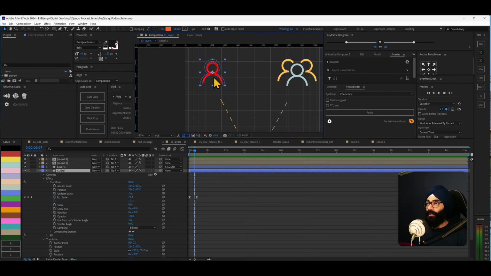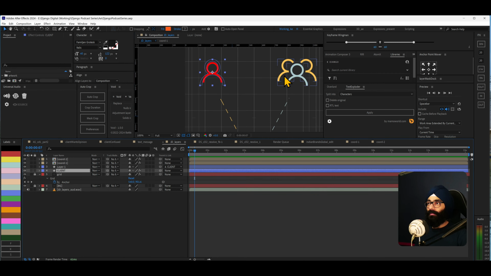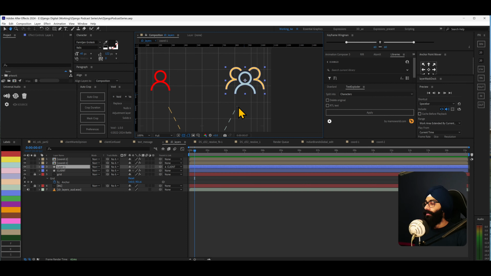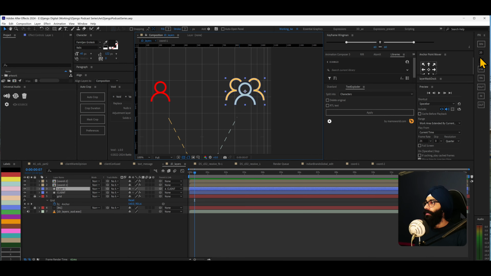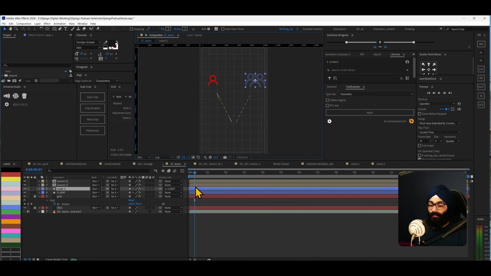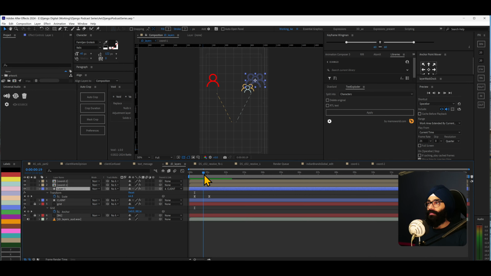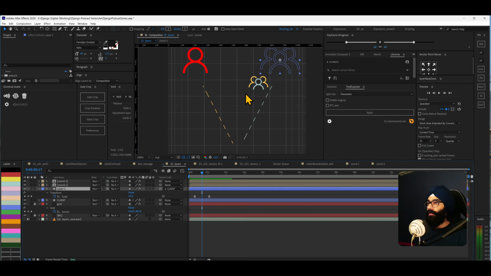Now one thing that I want to tell you is, by default, if I have this icon here, and I come in here and with, let's say 20, let it be 20, and I say in, what happens is, if I show the keyframes, this will happen like this. And that is not the fault of the script, but it is the fault of how the transform effect works.